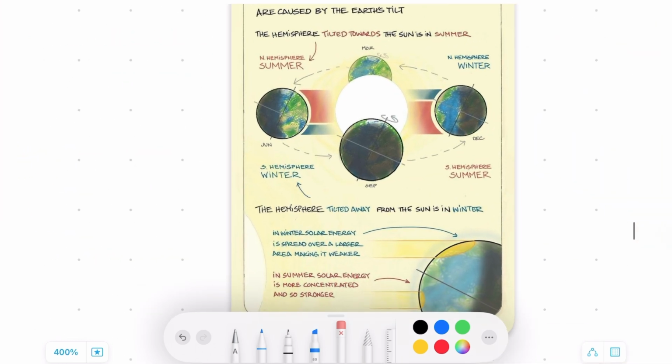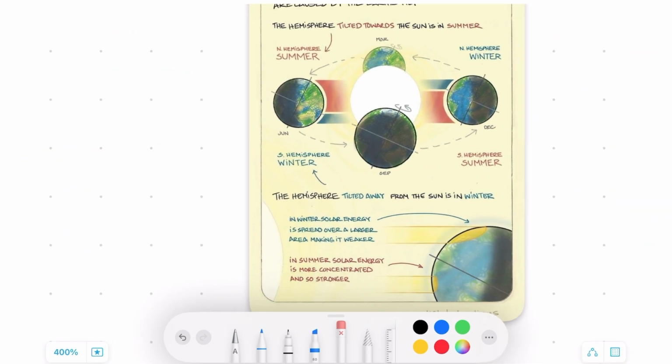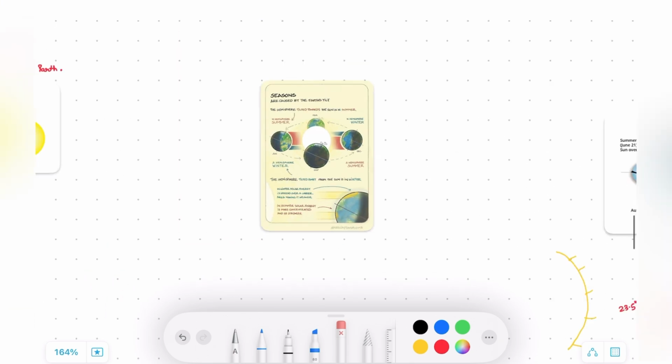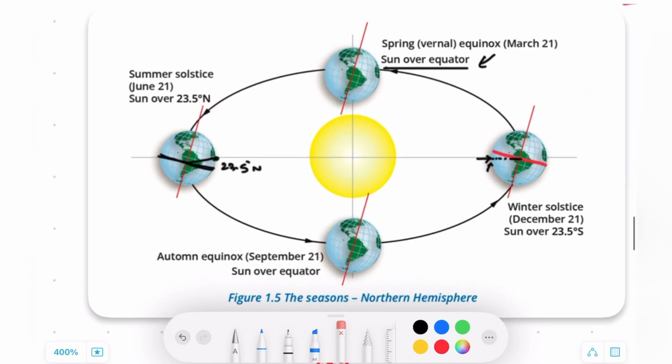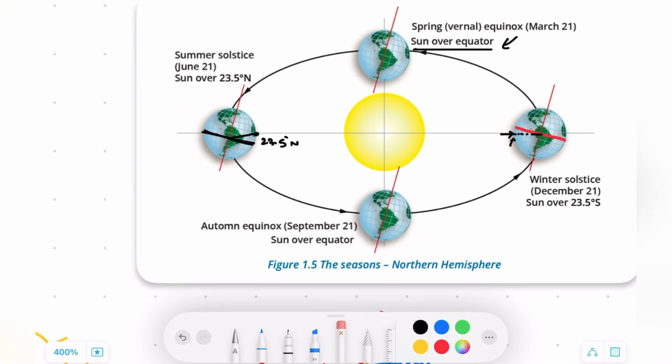And this picture explains how, depending upon the position of the earth, different hemispheres of the earth receive different amounts of sunlight. Then we also spoke about how during this one whole year that it takes for the earth to revolve around the sun, we have different times where the sun is closest to the southern hemisphere and closest to the northern hemisphere. Because of the earth's tilt, the highest and the lowest position, when measured from the equator, that the sun can be